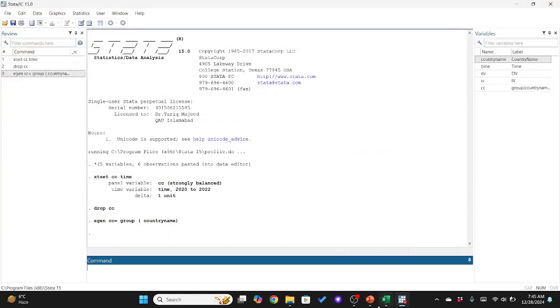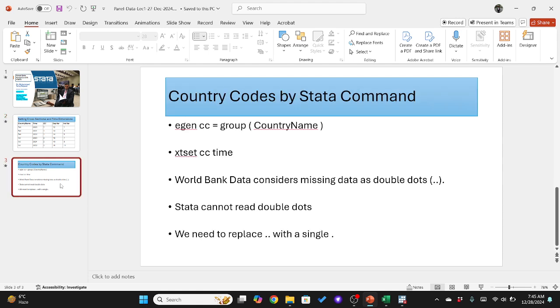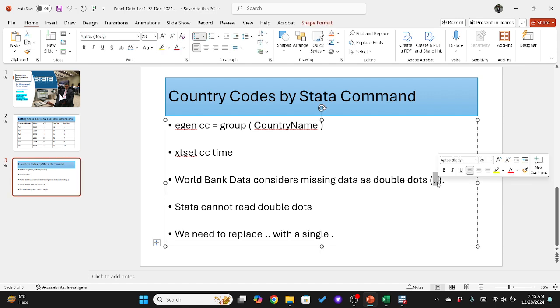After generating the country code, one thing I want to explain is that sometimes when we take data from the World Bank, missing values are given as double dot. STATA does not read double dot. STATA only reads empty cells or a single dot. So if you are taking data from the World Bank database, then replace double dot